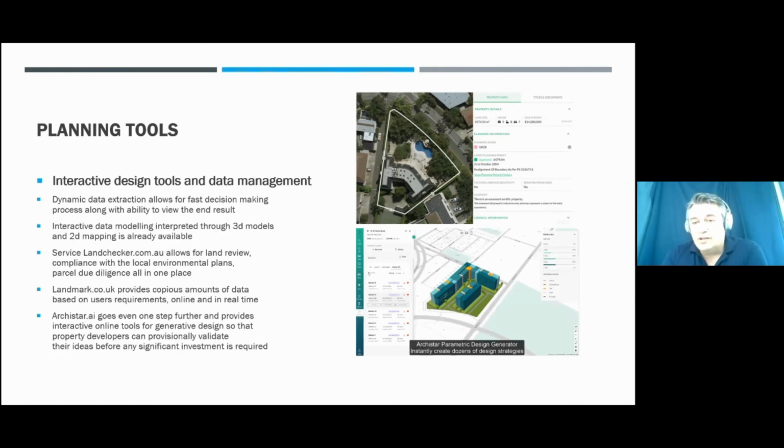So, they're already including the satellite image, low altitude aerial imagery, and all that's already begun. So now what they're doing, they're enriching the imagery and all the data with their spectacular graphics and analysis through their system. One step further is Archistar. That's a company that I mentioned before. What these guys did, they're basically architects, and they have developed similar things as Land Checker have done.